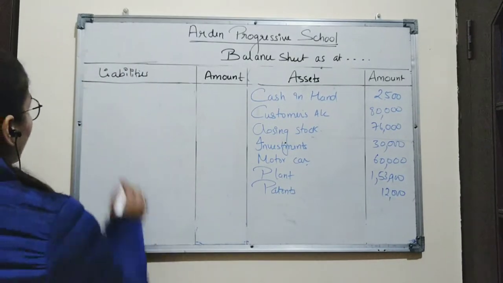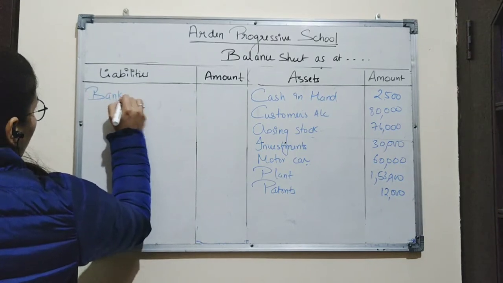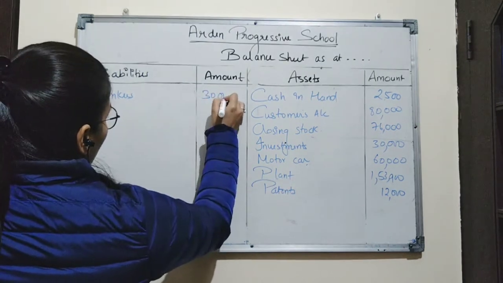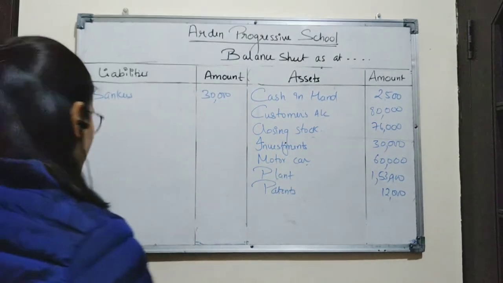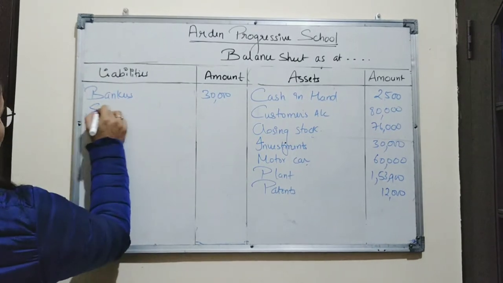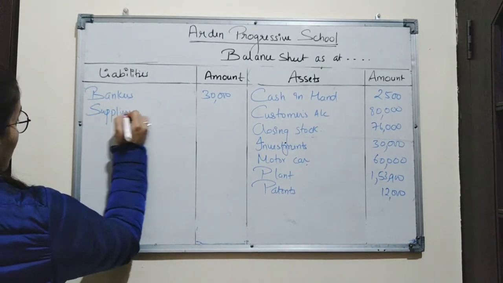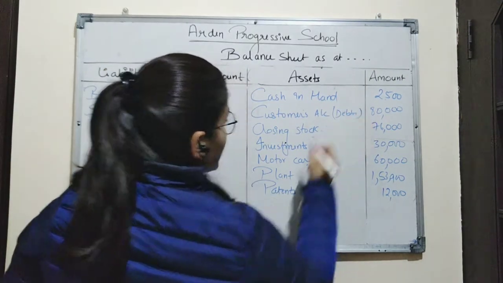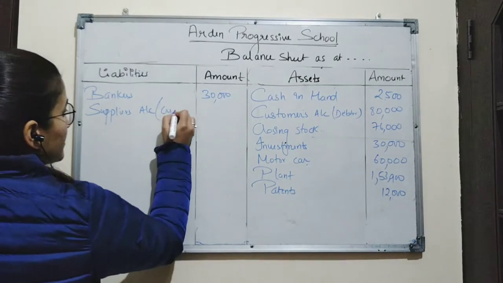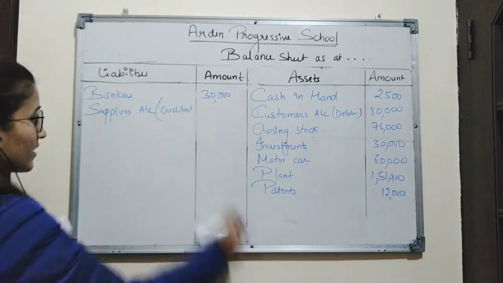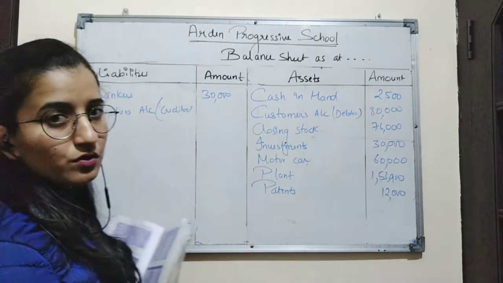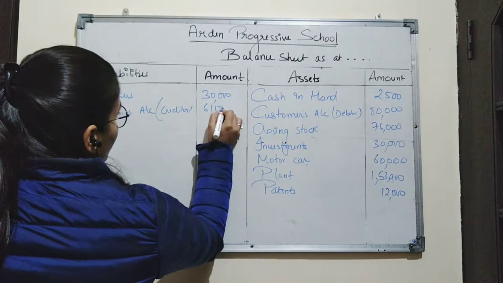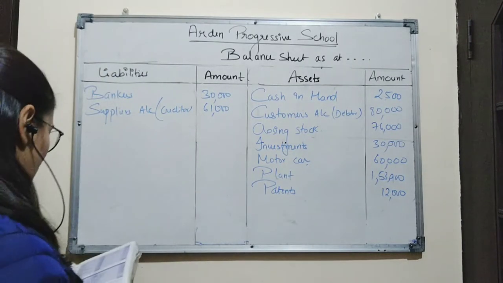So first item according to liquidity will be bankers. That means the amount of loan or short-term loan we have borrowed from bank. Amount is 30,000. Next is suppliers account. Customers account is treated as debtor and suppliers account is treated as creditor. So supplier is a creditor for us. We have to pay the amount to the supplier. So it is treated as liability. Amount is rupees 61,000. Next will be